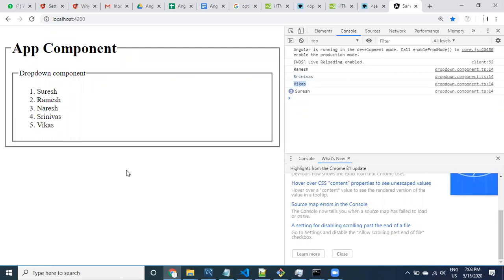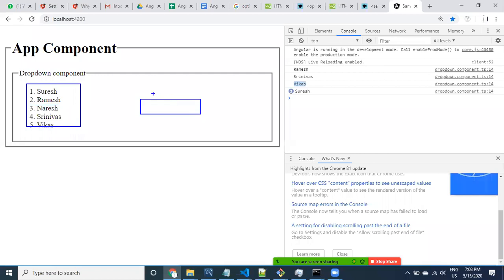But we can find some other way to deal with the drop down also. I'm going to do some exercise on that, and then I'm going to come up with the drop down also. First, initially, we'll go with this one. Now what is our goal? Whatever value we have selected, I want to display here. This is related to the drop down component only.